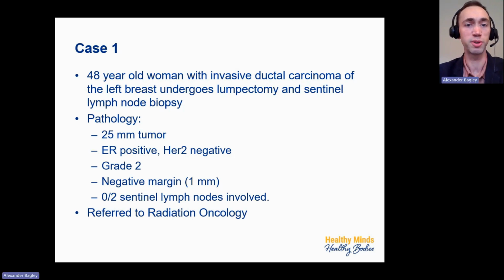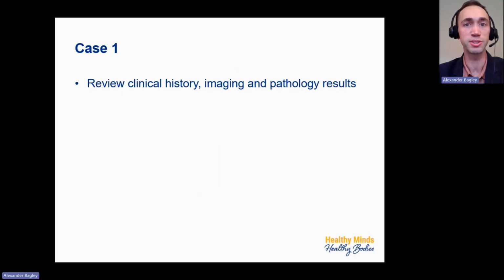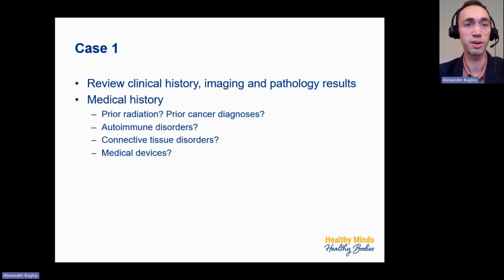And so this patient is referred to our clinic in radiation oncology. And with any patient that comes into the clinic, we review their clinical history with them. We go over their imaging and pathology results in detail. And some of the specific things that we are focused on with regard to their medical history are if they've had any prior radiation